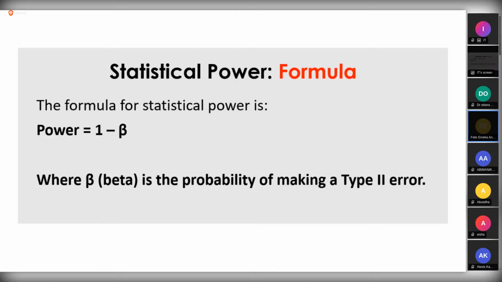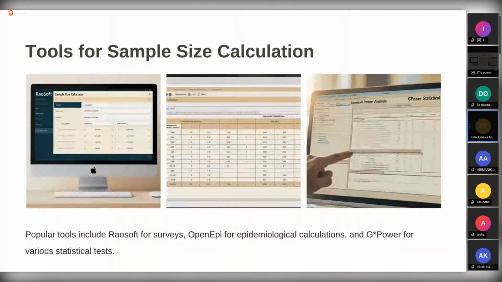And most of us would have experienced this. You're doing a statistical analysis and you're finding that most of your associations didn't show a significant difference. Most times it's because you didn't calculate sample size or the sample number you're using is small. So what are the tools for calculating sample size? I will show us just 3 methods. There are others: using EpiInfo, which is epidemiological software, using GPower, and also the manual way of doing it. So I don't know how many of us use EpiInfo.